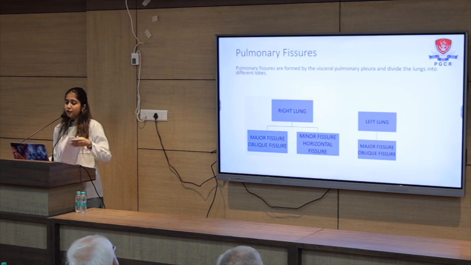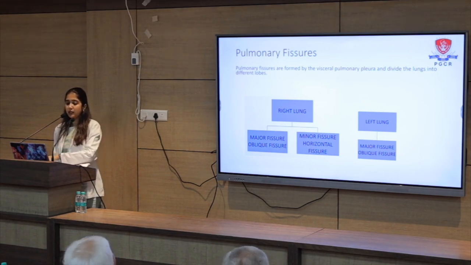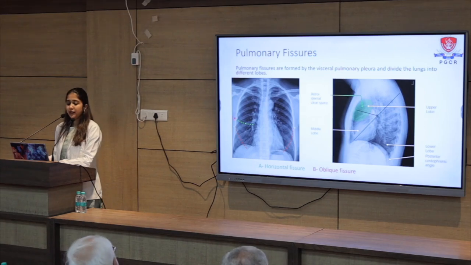The pulmonary fissures are formed by the visceral pulmonary pleura and divide the lung into different lobes. On the right, we have one minor horizontal fissure and an oblique fissure, and on the left, we have only one major oblique fissure. On the right, these divide the lung into the right upper lobe, the area above the horizontal fissure, the right middle lobe, the area between the horizontal fissure and the oblique fissure, and the right lower lobe, the area behind and below the right oblique fissure. In the left lung, the oblique fissure divides it into the left upper lobe and lower lobe. The horizontal fissure runs from the hilum to the sixth